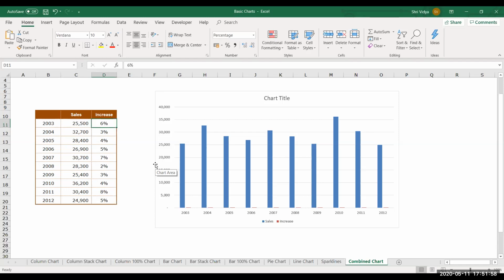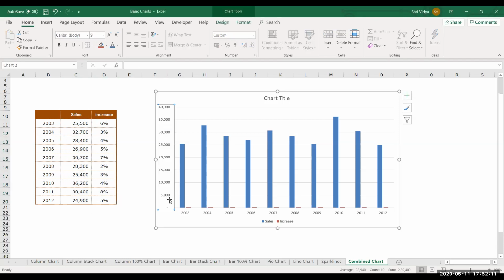So when you have this kind of scenario, wherein one of the series has very little value and the other series has very high value to be represented, you can't use the same scale. See, you look at the scale, it's starting from 5,000 here. So this is somewhere 0. So all those increase values are stuck below. So if I want to show it on the same chart, I need to take a secondary axis. If this is your primary vertical axis, I'll take a secondary vertical axis.